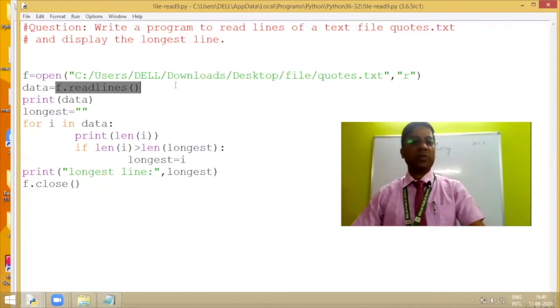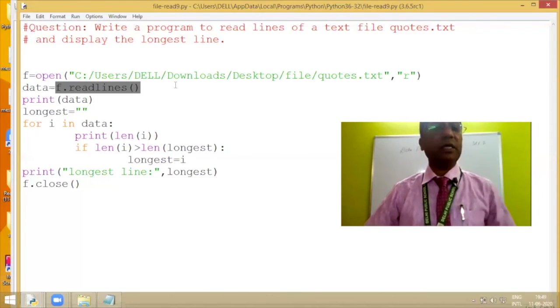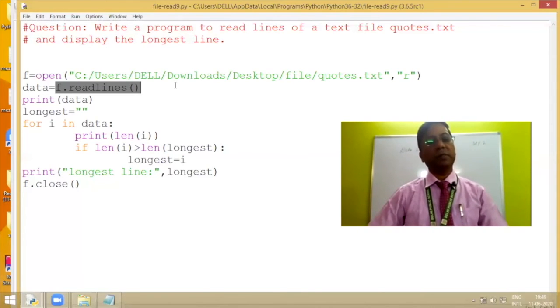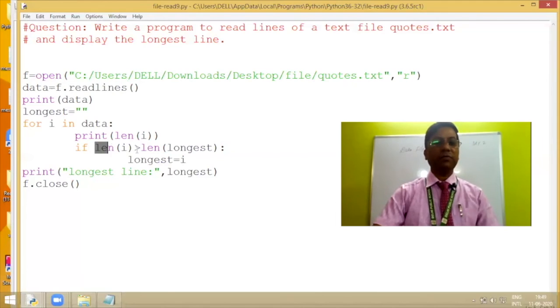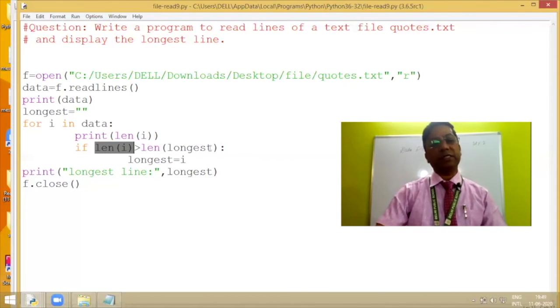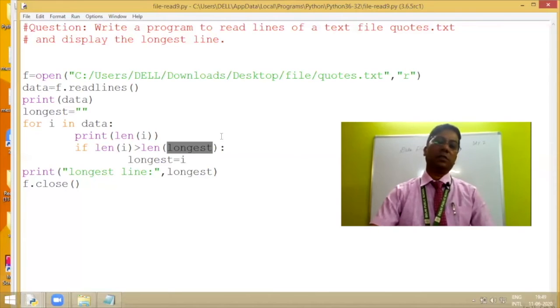So this way it will go for the next value of i. Again, it will take the second line, it will display the number of characters in the second line, and then again with the if statement, I'll be comparing the number of characters of the second line with the number of characters of the sentence which is stored in the longest variable.